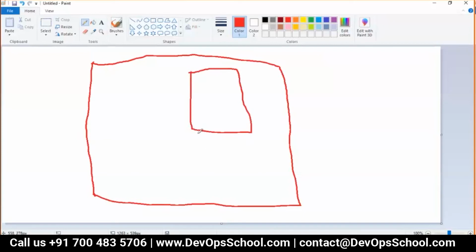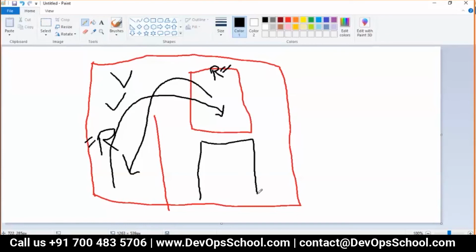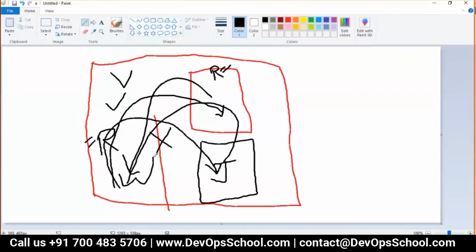Now this is logged in as root. Think about it logically. If you are running this container as root, because root has the same permission as this user, can you write here? Yes. But let's say there is one container with the Jenkins user. You saw that yesterday, the Jenkins container was running with the Jenkins user. Now, can you write here? No.